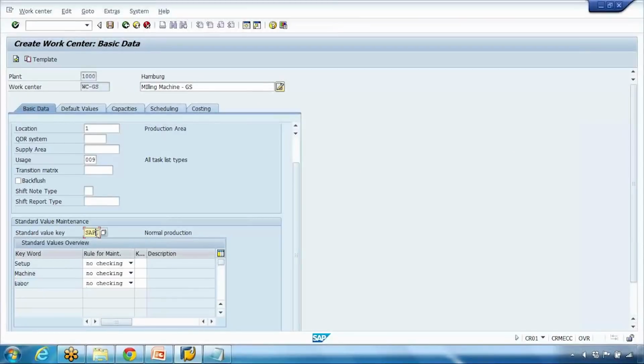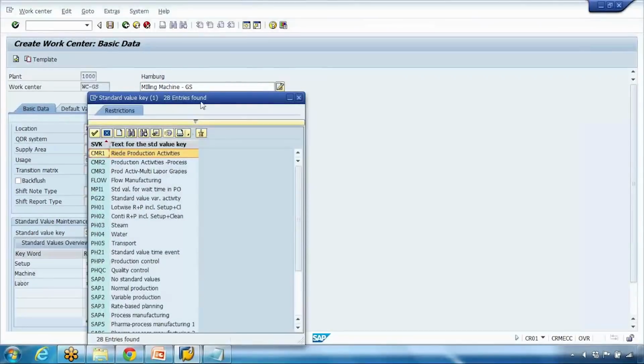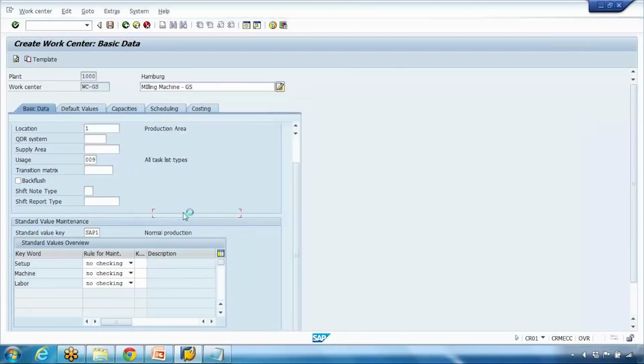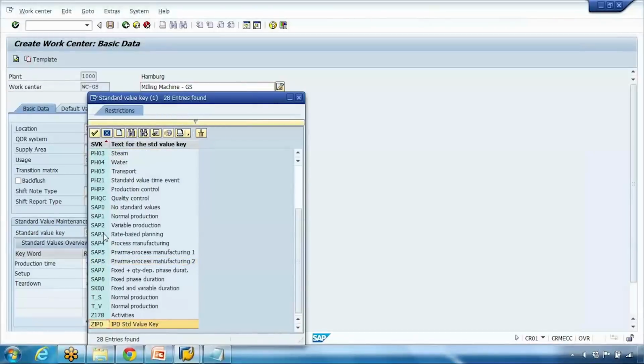For example, if I select a different standard value key, let's pick a different value key, and you will notice the change. If I select say number 3, rate based planning, and if I press enter after selecting, you need to make sure you press enter to see the change. You can see the description is different now. It's saying tear down time, setup time, production time. If I select the third one, variable production,